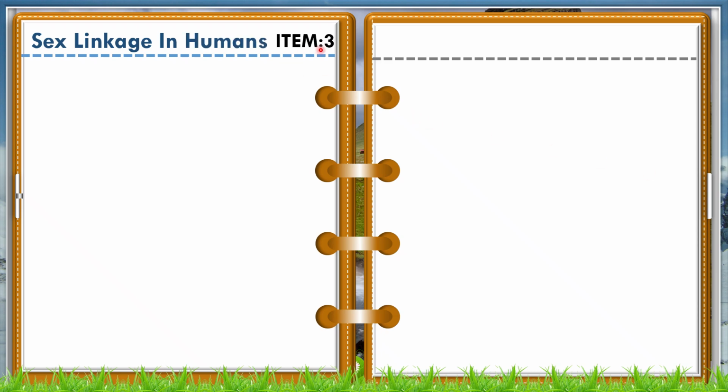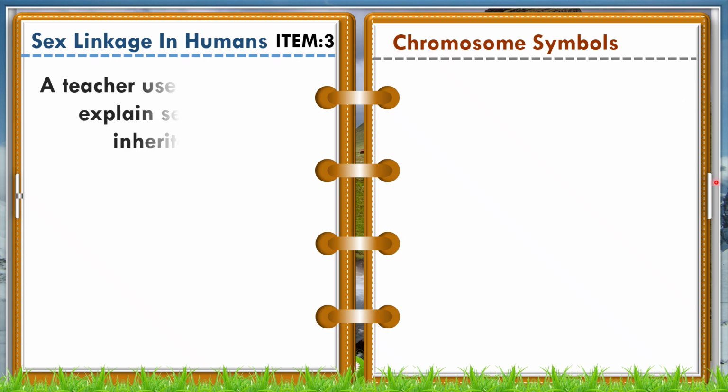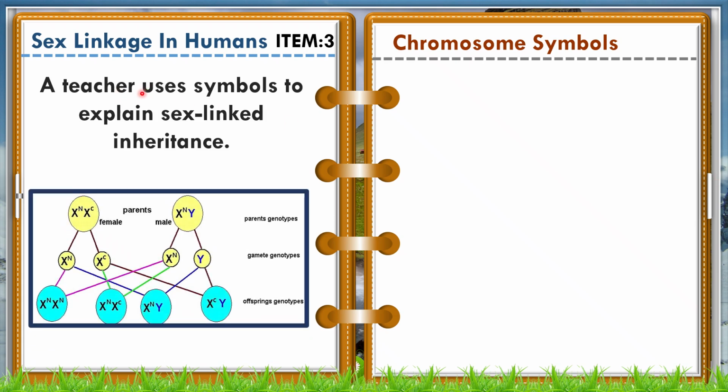Item 3. We are still looking at sex linkage in humans. Let us emphasize on chromosome symbols. A teacher uses symbols to explain sex linked inheritance. So we have our diagram here,